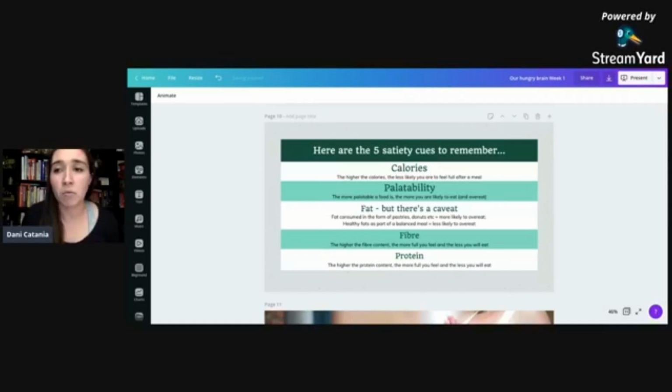You think about it, right? You can just have a bit of cake and then go back for a little bit more cake and a little bit more cake. That's how this works. However, when fat was consumed in the context of our everyday healthy diet, so things like